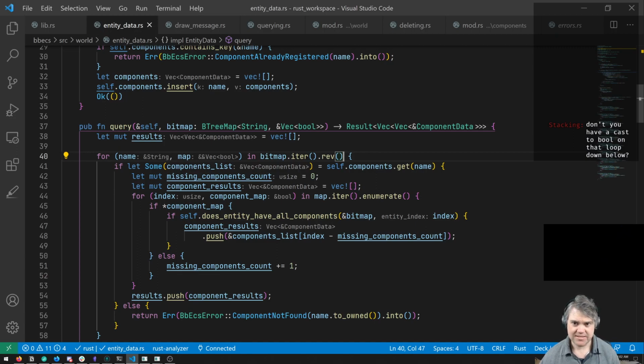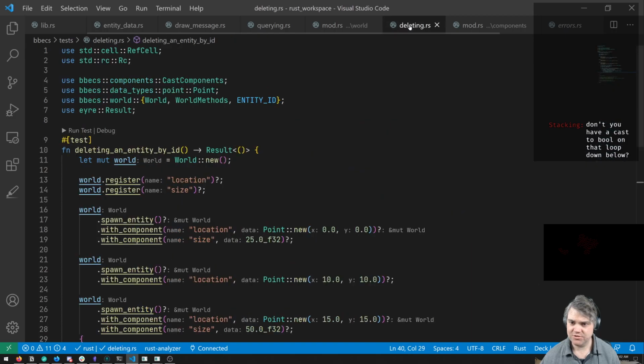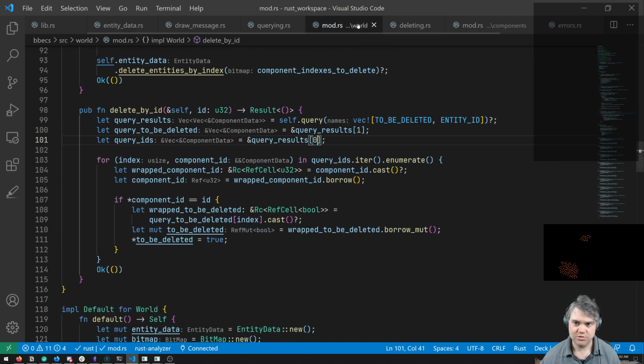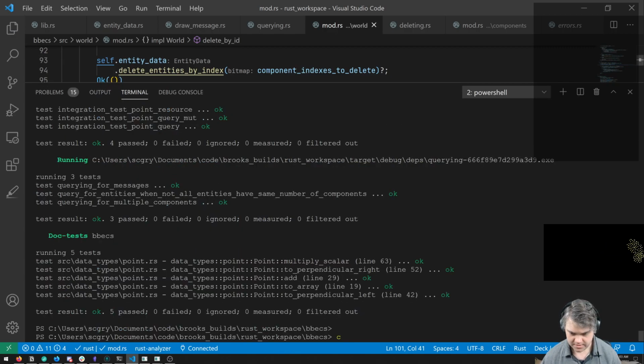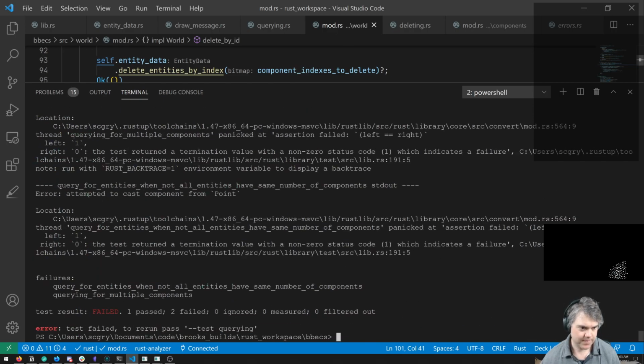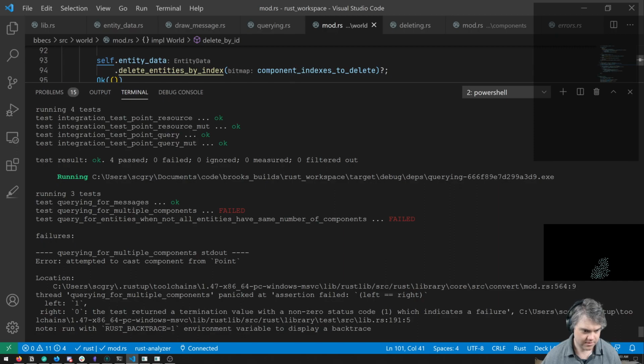If I do this, and we head back to deleting, and we put you back to 0, you back to 1. We head back to mod for delete by ID. We put you back to 0, and you back to 1. Okay, so we're still getting that as a problem.